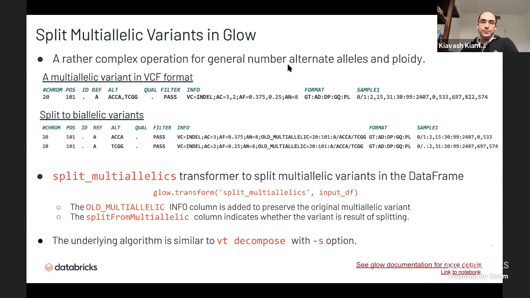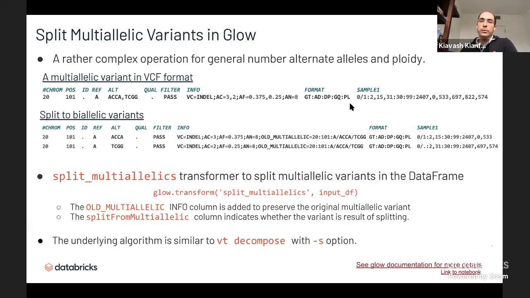I don't want to go into the details of this, but essentially, if you have a multi-allelic variant, this transformer splits it into biallelic variants. The use of the transformer is very similar: again, the name of the transformer and the input data frame. What this does is that it splits all the multi-allelic